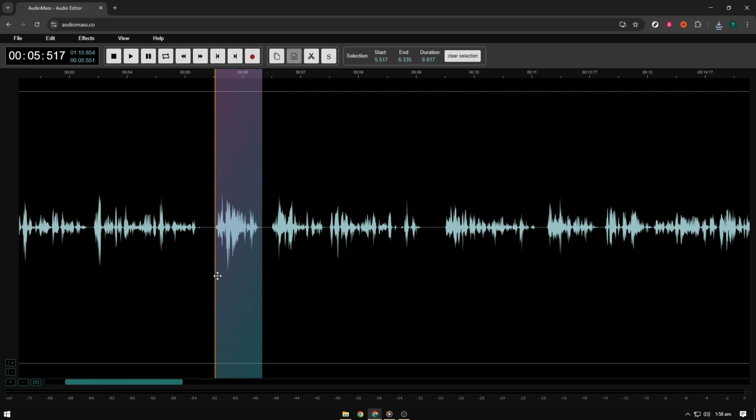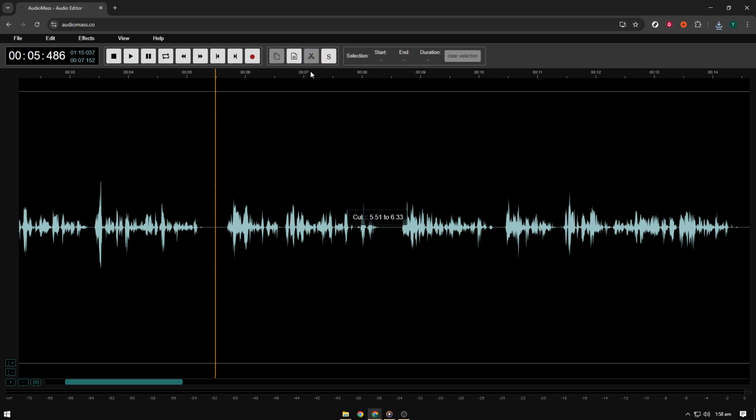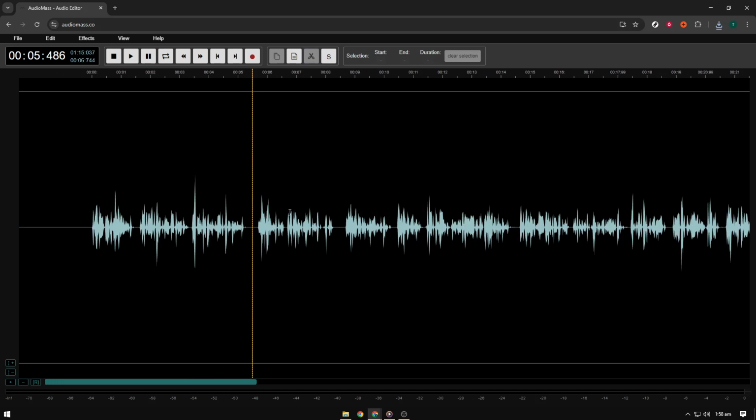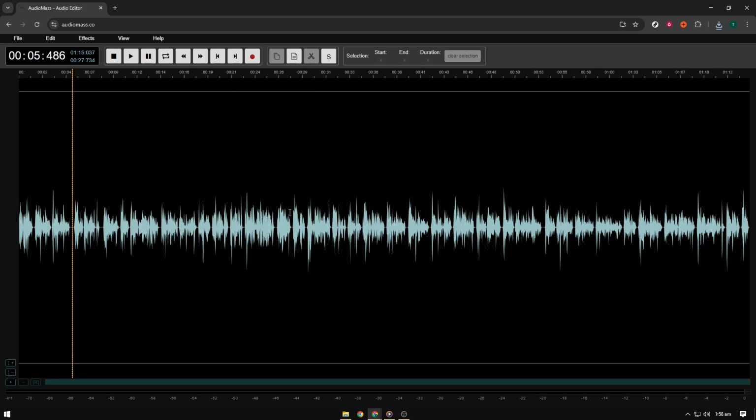If you need to trim or delete something, keep that section selected and press the backspace key. You can also click the scissors icon to remove it. This is great for cutting out mistakes, long silences, or unwanted intros. You're only removing the highlighted portion, so take a second to double check that your selection starts and ends exactly